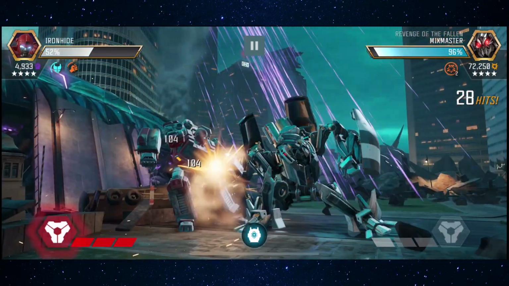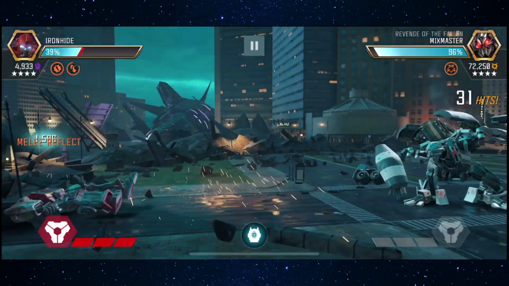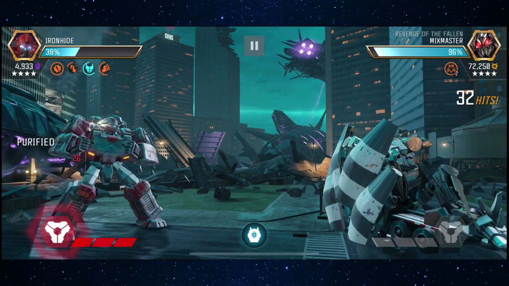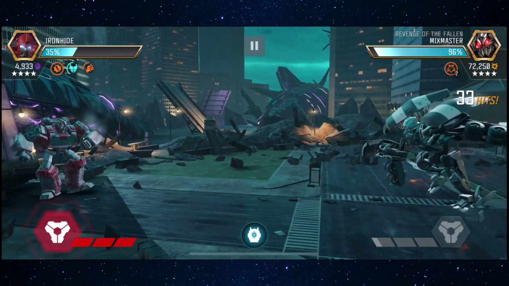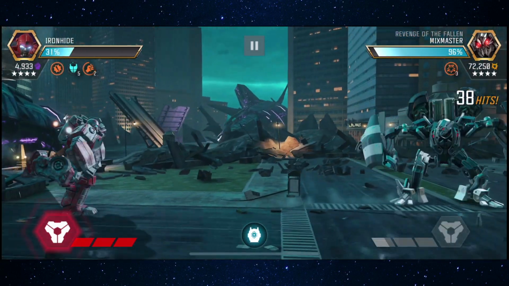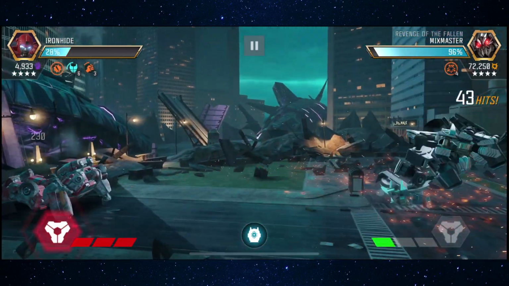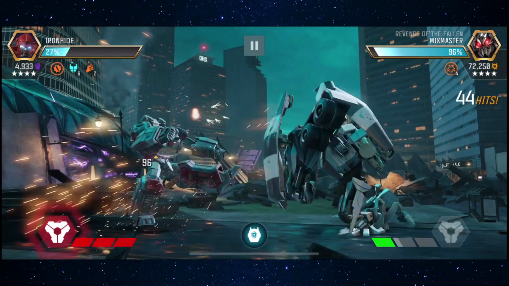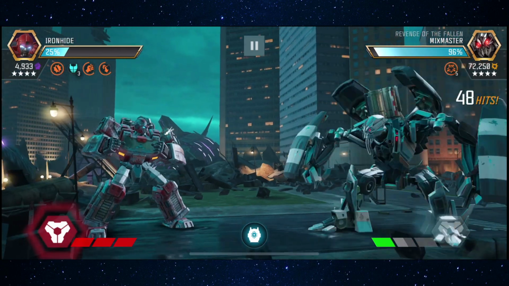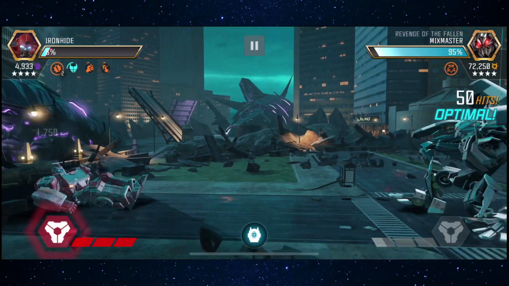So we'll let him smack us around a little bit more. There's the melee reflect again. Remember, 75%. We'll purify this thing again. Have him hit us. Nope. All right, that didn't go through. All right, 25%, it's coming up. There it is, and come on, go for it. Hit me. Alright, it only did 1200, but...